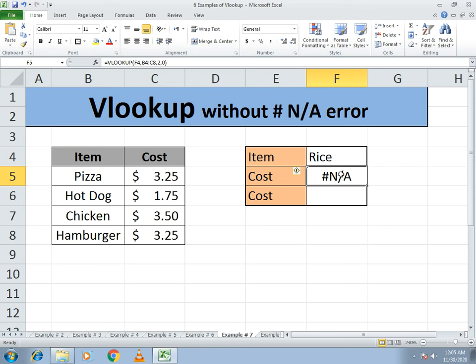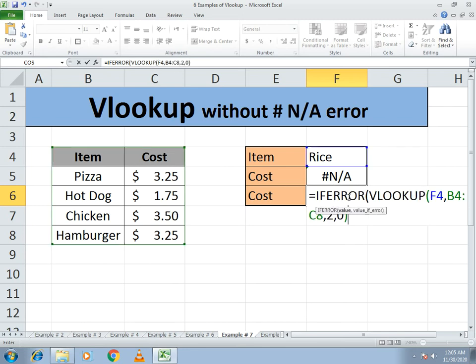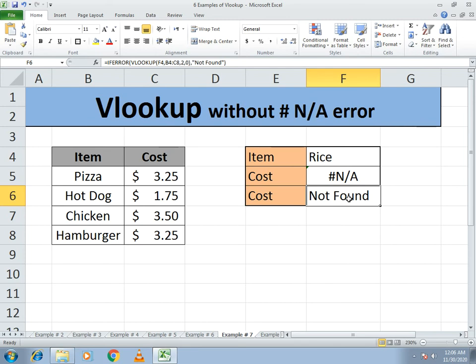So how can you get that? You have to just select the same formula, and come here and write equals to, you have to use IFERROR, bracket open, select the whole formula, then write a comma, and here you write what you want except nothing available. So I just want not found. Here you see, if the item is not in our list, it will give the comment of not available. So if you want to get different comments, you can write here like